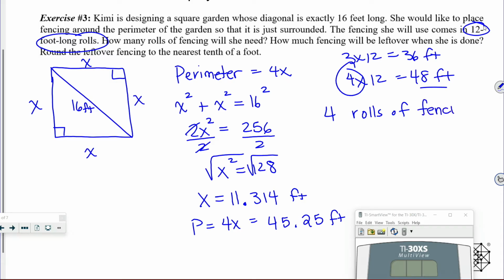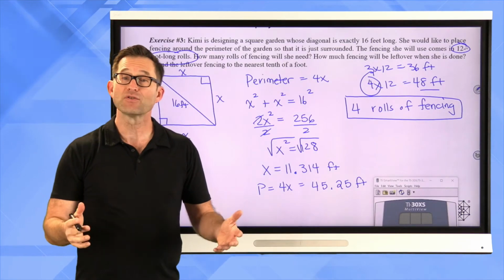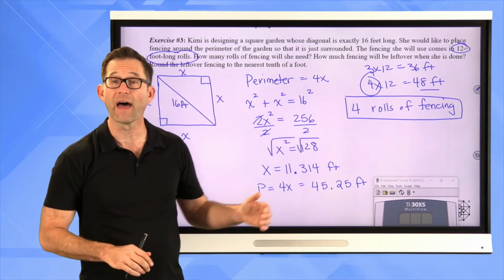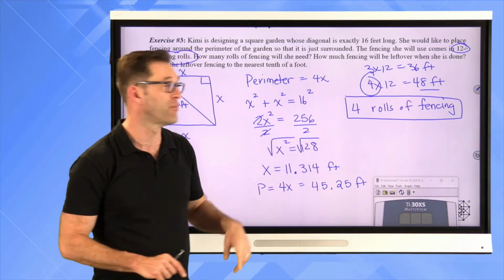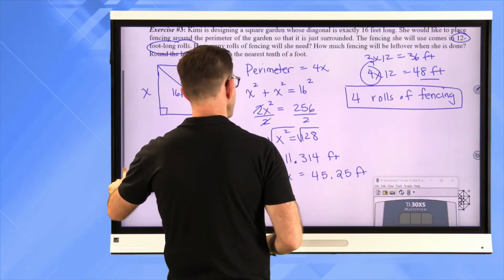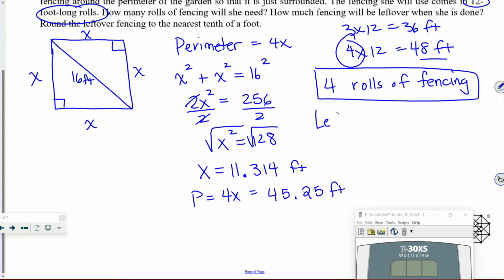That's one part of this problem. How much fencing is Kimmy going to have to buy? 4 rolls of it. How much fencing is left over? Well, for that, my total amount of fencing is 48 feet. I need 45.25 feet. So my leftover